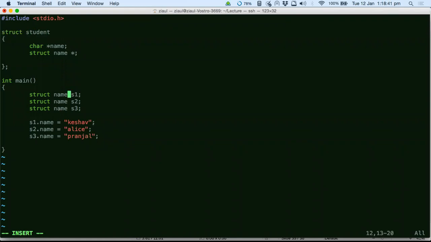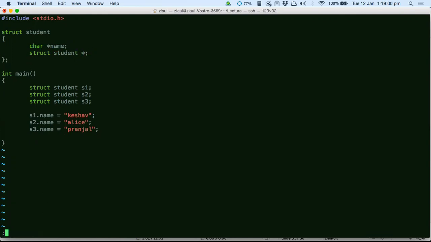I'm very bad with names. See, now I have created one more member variable inside the struct. So what will be this member variable link? This member variable stores the address of another struct.